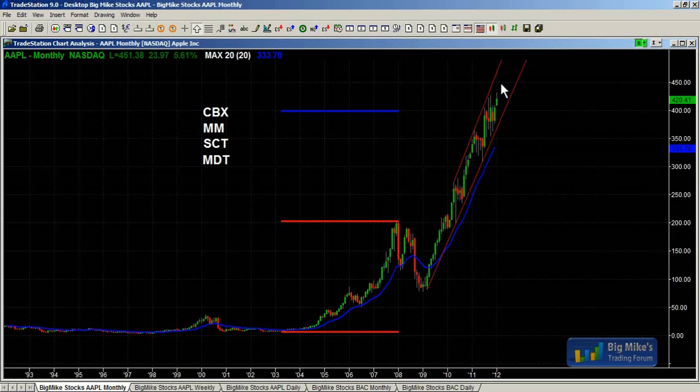I don't know if we've seen the top yet, but I do know that based on this monthly chart, I would have no interest in buying up here. Based on this monthly chart, I'd rather be selling above bars than buying above bars, because I think that the channel is so two-sided that it will soon evolve into a trading range, and this is probably near the top of it. We're also around the measured move target. Maybe a micro double top, where the two highs are just a few bars apart. So if January turns into a bear reversal bar, it probably would be a reasonable short on the monthly chart.